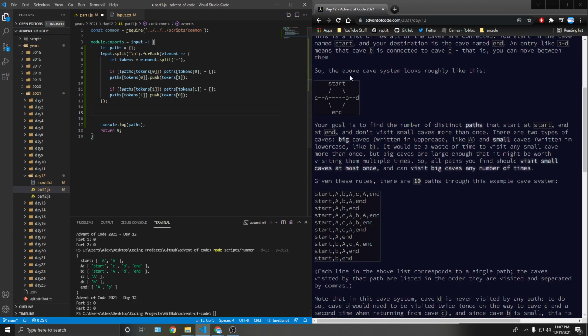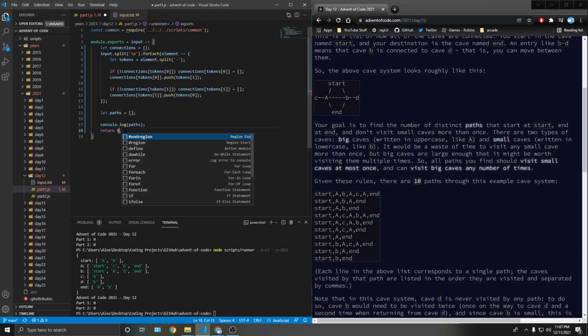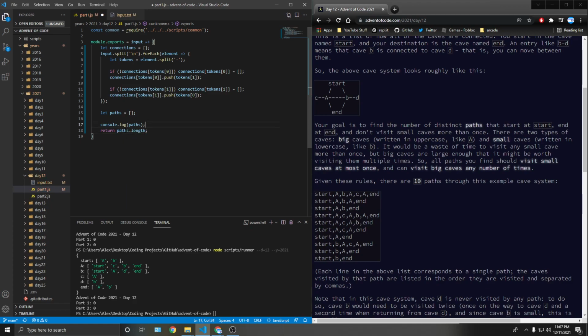I mean, obviously we can do, well, I should connect. I'm just going to call these connections and not paths, because paths is a variable I want to use for the total number of paths. So then down here we can define paths as an array, and the good news is the answer for part 1 is just paths.length. And so we're going to have to do a bit of recursion here, I can already tell. So let find path is equal to,